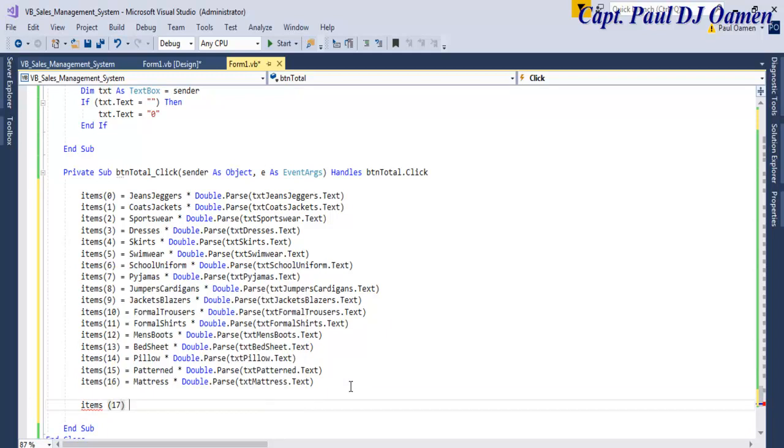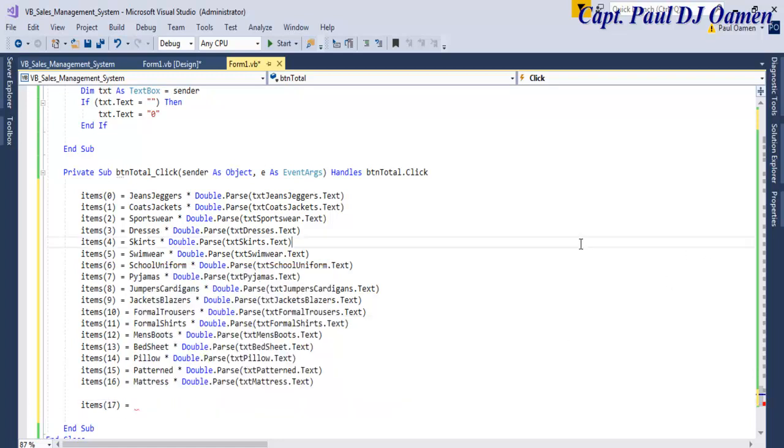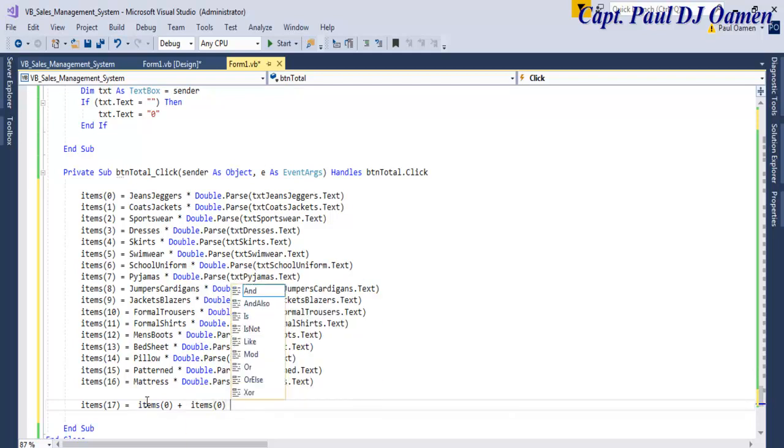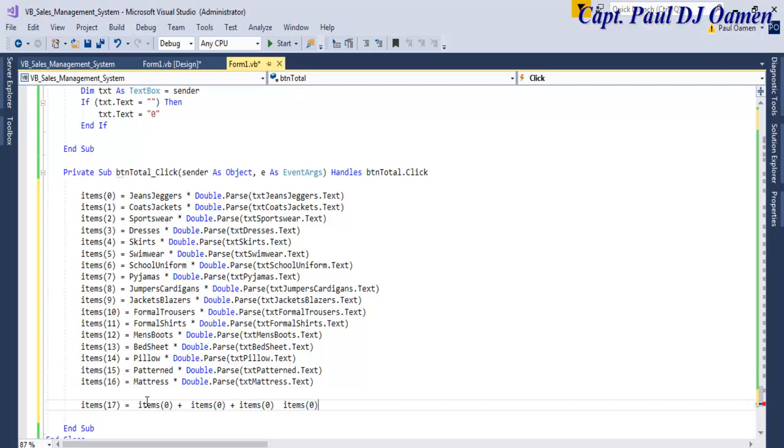Within item 17 we're going to add up each of those items. So this, everything in here, plus the next one, plus